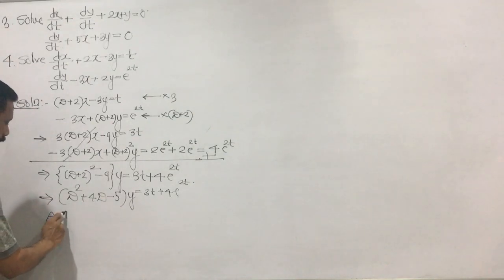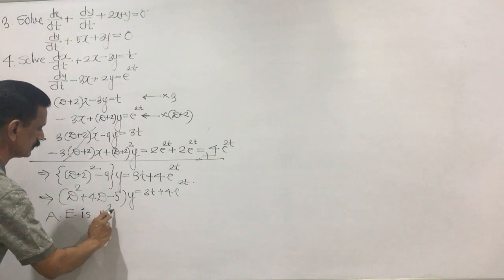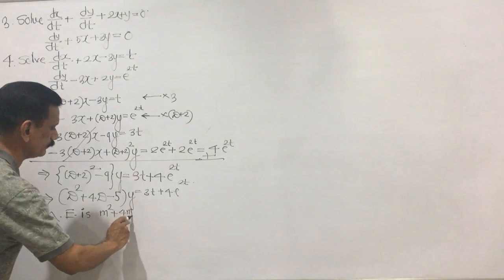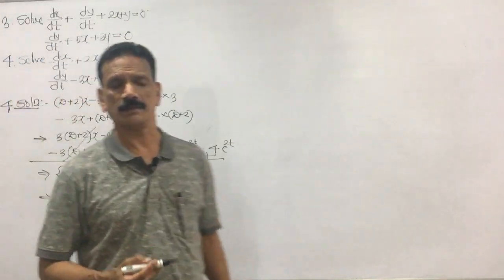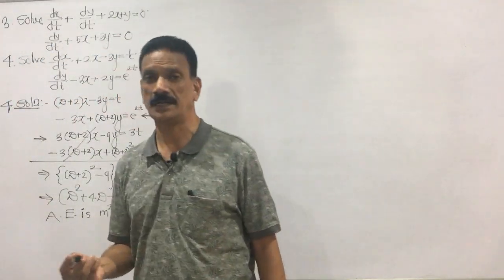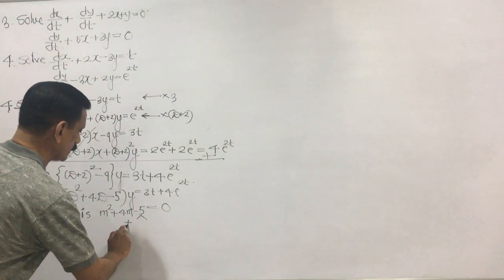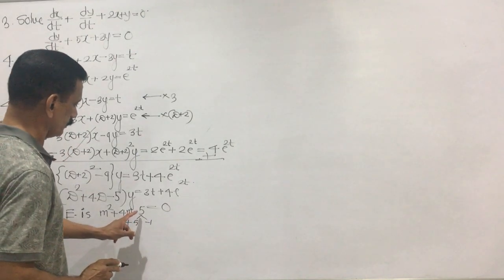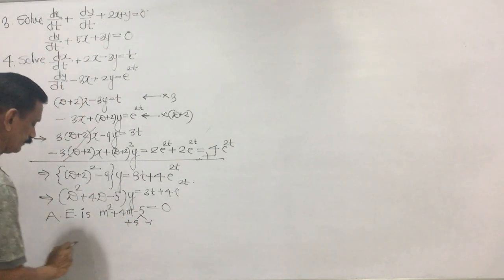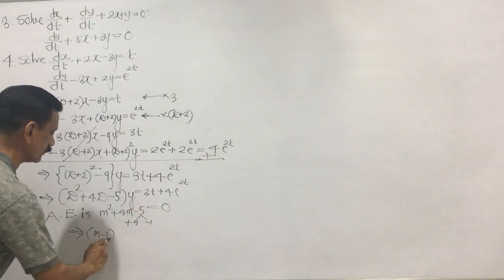So, the auxiliary equation is m square plus 4m minus 5 is equal to 0. Let us find out the roots of this auxiliary equation. I write here the two numbers are plus 5 and minus 1. The product is minus 5 and the sum is 4. So this implies I write the factors, it is m minus 1